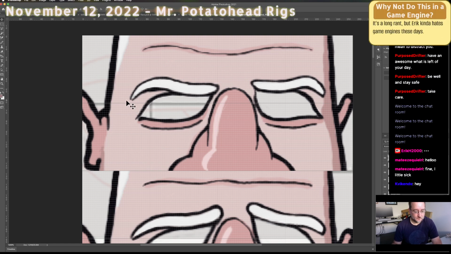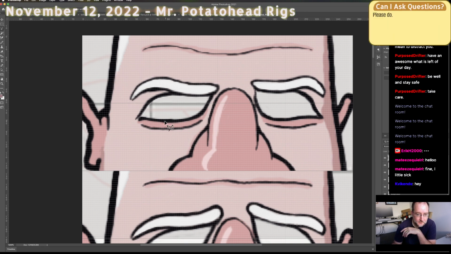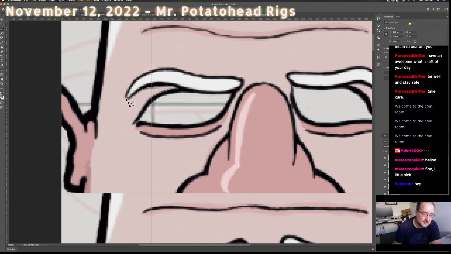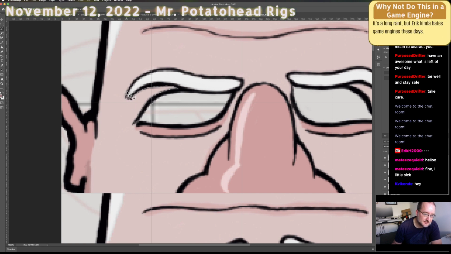Got it. Okay, then lasso. Need the lasso. And the reason I'm getting rid of all the other face stuff is because I want these eyes to be something that can be plopped down on top of a variety of different heads. And right now, the eyes are coupled to just one head, and they've got everything in the bitmap for the rest of the head. But if I just do some masking,